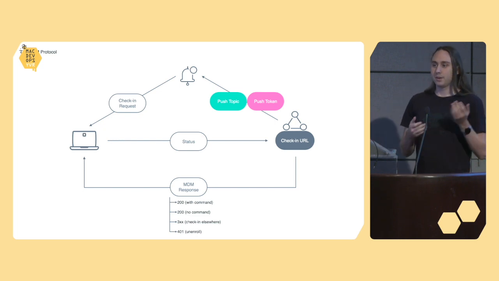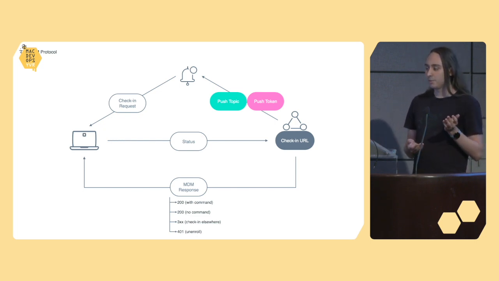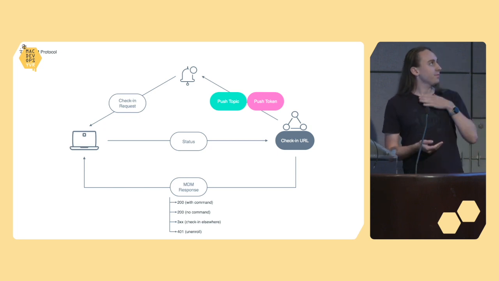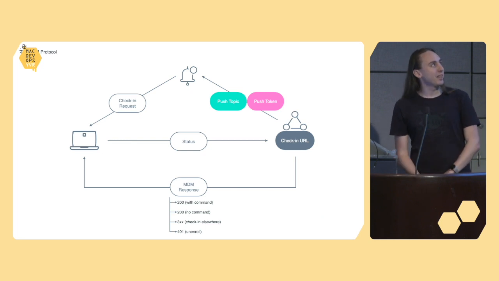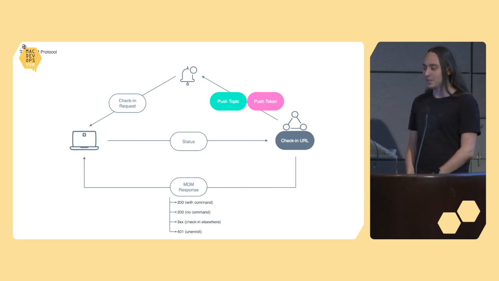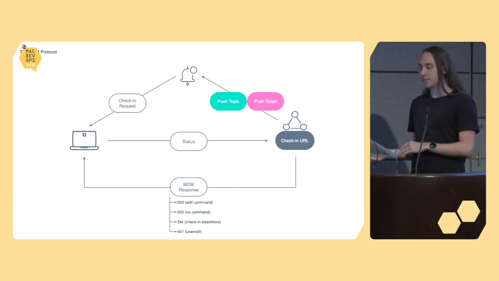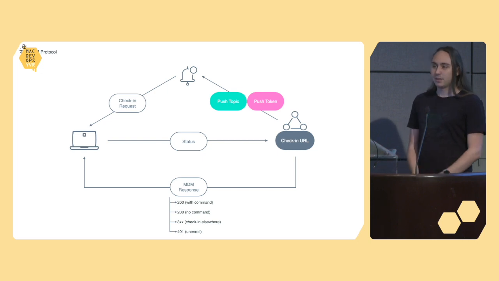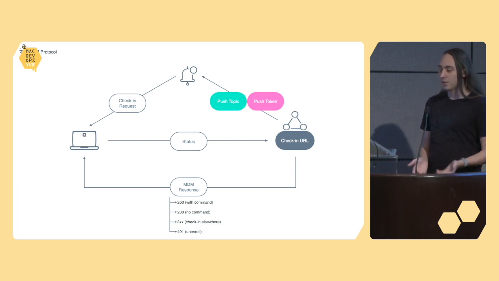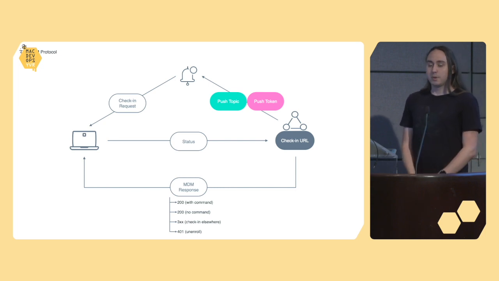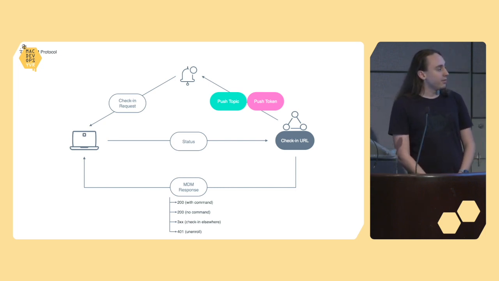This is how the MDM protocol usually operates. If your MDM wants to issue a command or query to a device, then it contacts the Apple Push Notification Service with the information gathered in the last two messages. APNS then contacts the device, asking it to check in. The device checks in, and the MDM can tell it things to do, which is to issue a command. You can also do nothing, but you can also tell the device to check in elsewhere if you give it